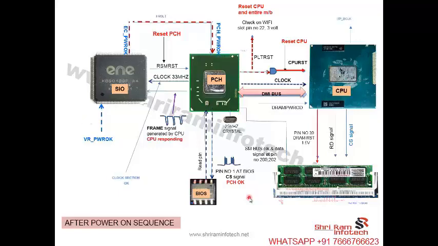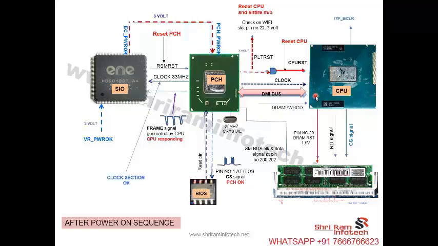Once CPU reads the BIOS, the information inside the PCH BIOS is power on self test. You have to check this signal with the help of an oscilloscope at pin number 1 and 2. You will see such pulses on the oscilloscope screen. If these pulses are coming on the screen, that means PCH is trying to access the BIOS, right? Then after this reading, PCH tries to take a self test, and he checks whether all the devices are